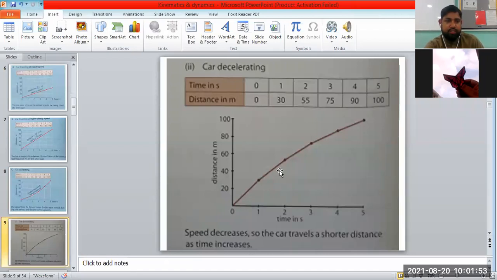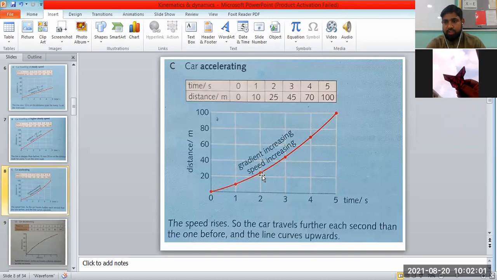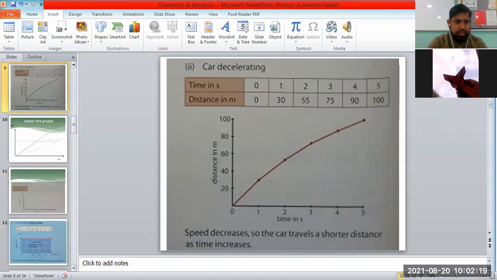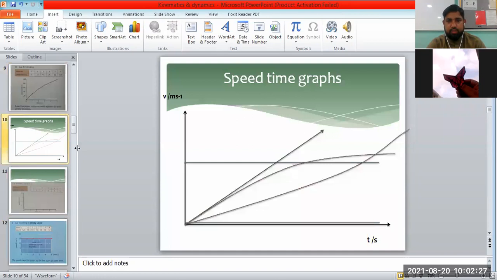Okay, is that clear? Can you differentiate between slide number 8 and slide number 9? This one and this one. In this one, speed is not constant, it's changing and speed is increasing. And here, the graph is tending to be horizontal, so speed is decreasing. Is that clear? Should we move on? Yes, sir. Okay, so we'll be covering some questions also. But at first we'll go for the speed-time graph as well. So we have these lines.